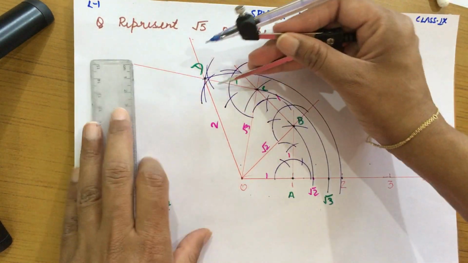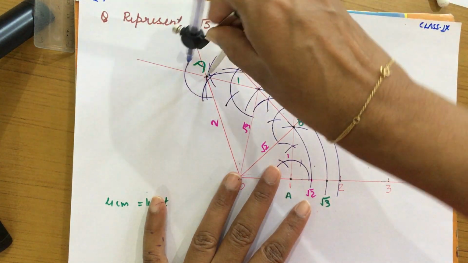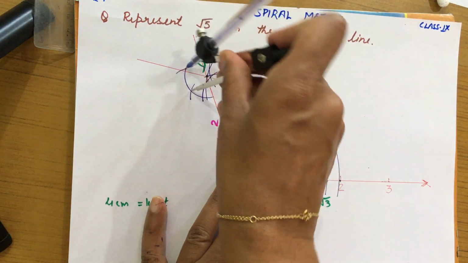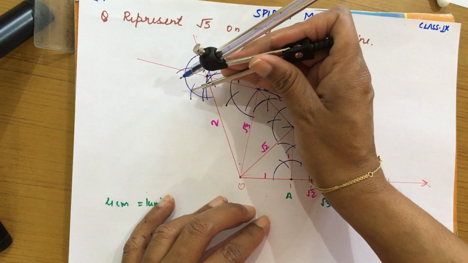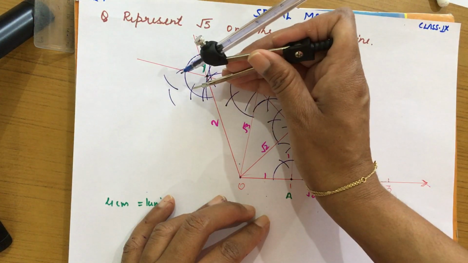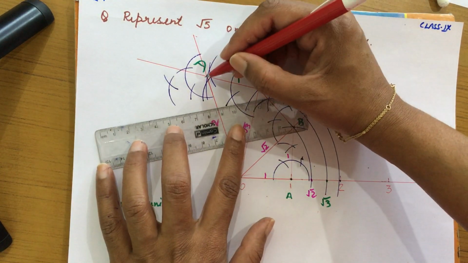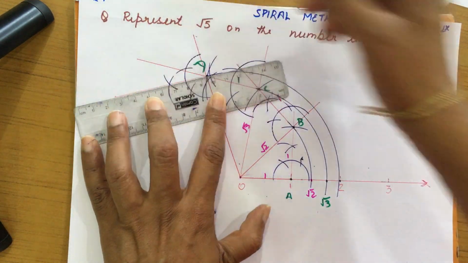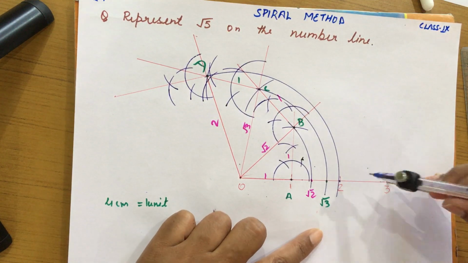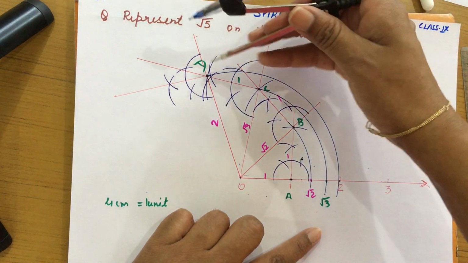Again draw perpendicular from D point. और जब भी आपको परपेंडिकुलर बनाना है, you have to extend hypotenuse. अगर आपने परपेंडिकुलर के ऊपर एक और परपेंडिकुलर बना दिया, you won't get your spiral. And then 60, 120, then again bisector. I have to extend 4 centimeter arc. यहाँ क्योंकि मैंने 2 और 3 के बीच में 4 सेंटीमीटर का डिस्टेंस लिया था, that's why I am measuring all the time from here.